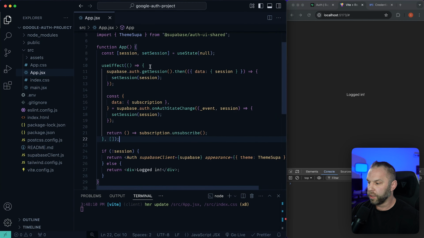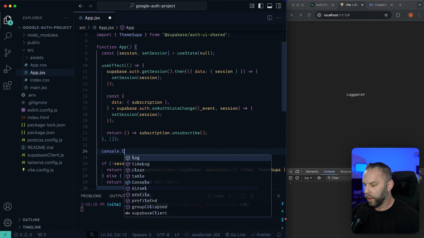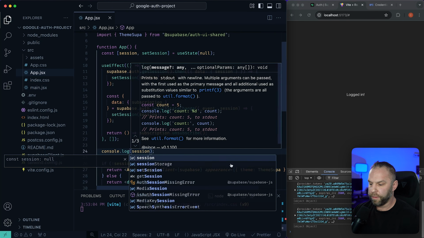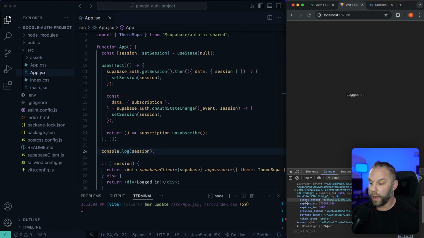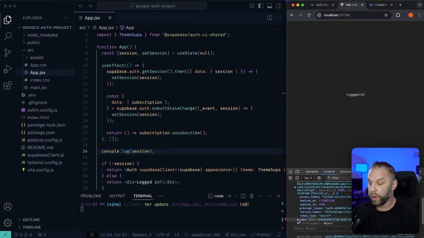We're logging this to the session, or we're storing it in the session. So we'll just console.log the session. Let's go ahead and save. So this is the data that Google is giving us back whenever we log in. So what if we want to display the name or the email of the user on the screen? So this is the session right here. So what we want to do is grab the session,